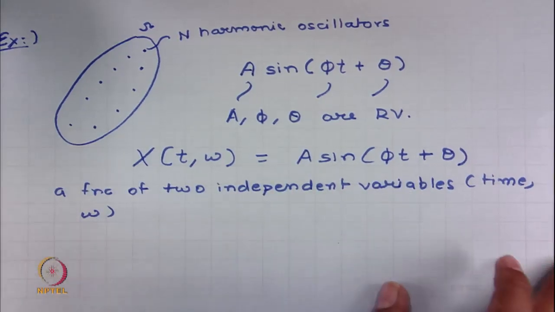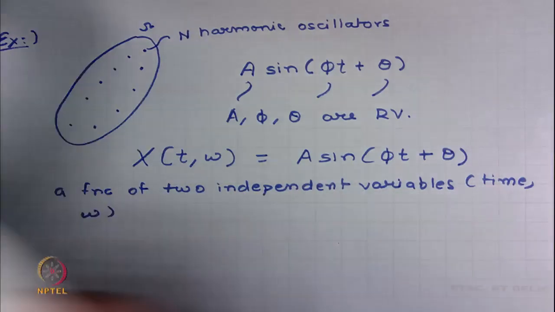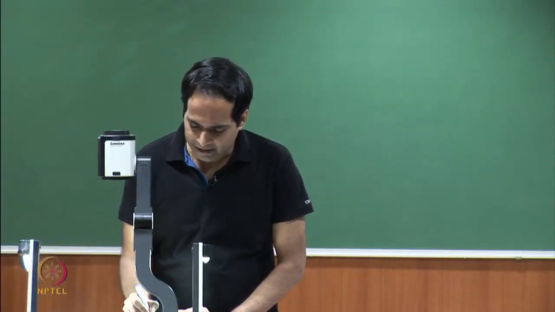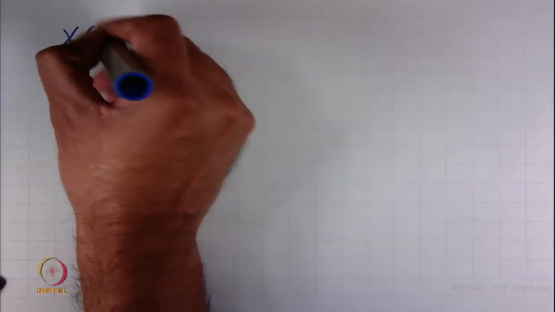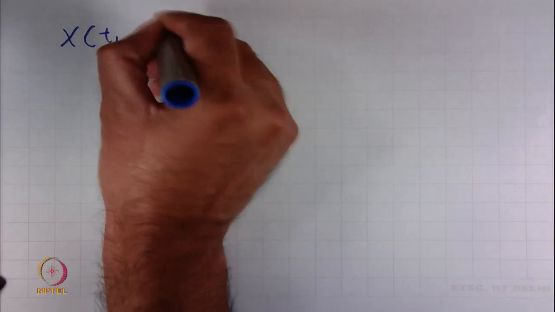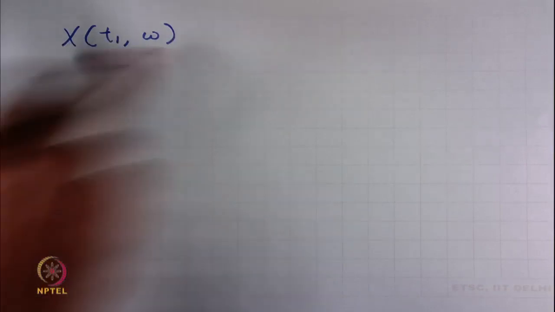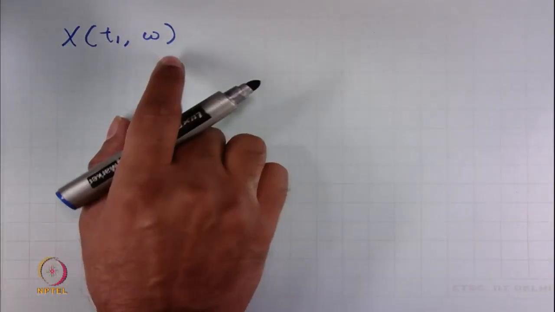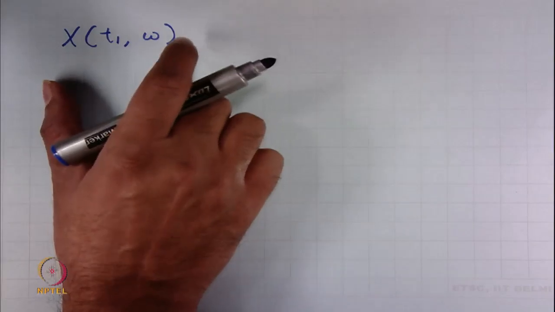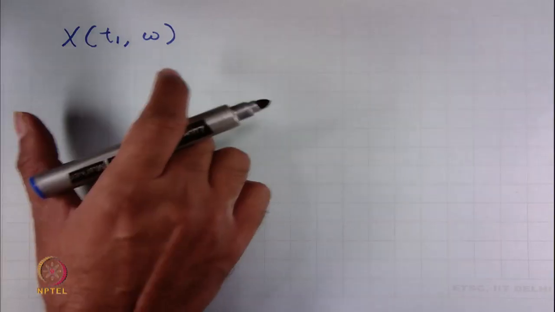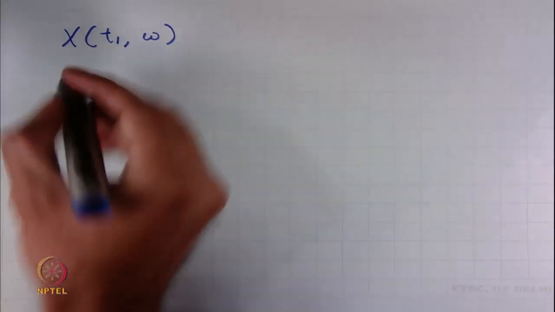Okay. So, to understand more about this, let me pose a question to you: what do you think is this quantity x of t1, omega? Now, before you can start thinking about the meaning of this quantity, let me explain the meaning of the notations that I have chosen. In most digital communication books, and digital communication is a hard subject mainly because of inconsistency in notation, it is very important that you clearly understand what notations are used, right. So, here in this course the notation that we use is,